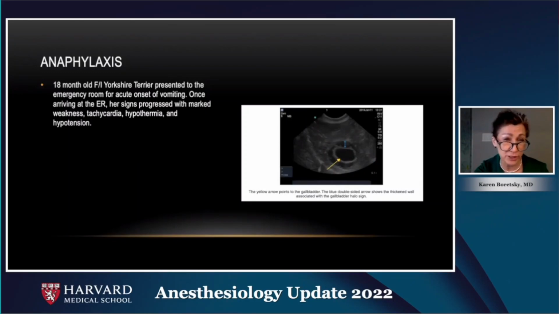The only thing I could find was this picture of an 18-month-old Yorkshire Terrier who presented with anaphylaxis. I was intrigued that the distributive shock in animals, which isn't mentioned in people, presents as fluid extravasation around the gallbladder. This is a picture of the gallbladder showing a halo sign. So I just wanted to point out that if you are ever faced with an 18-month-old Yorkie having anaphylactic shock, or you want to rule it in or out, if you look at the gallbladder,